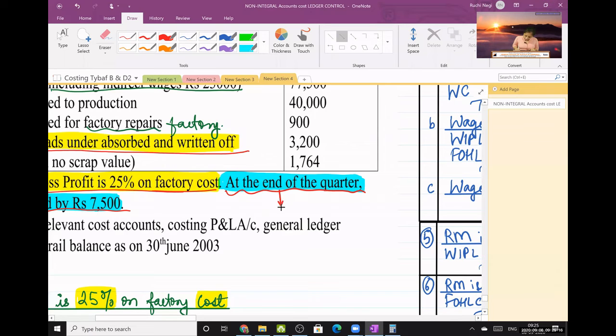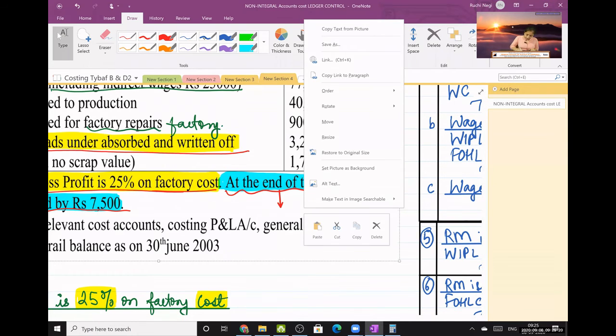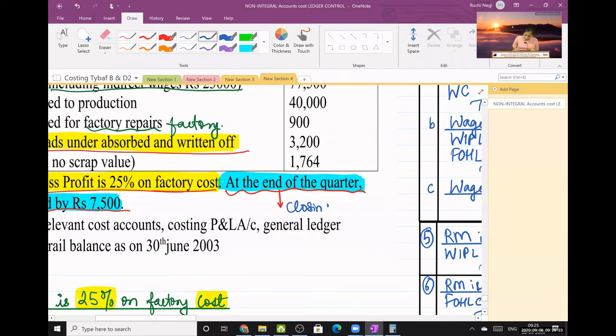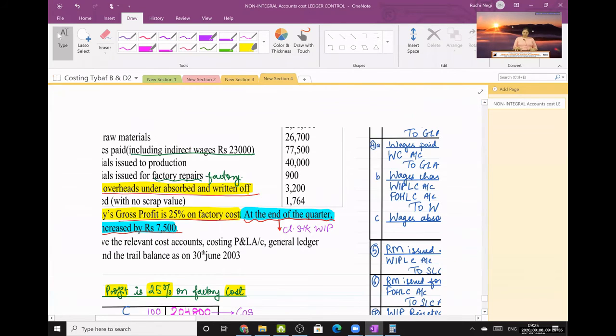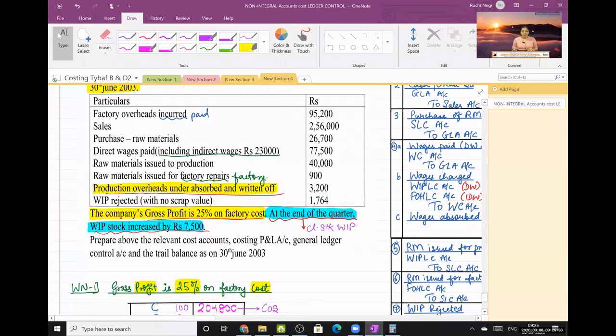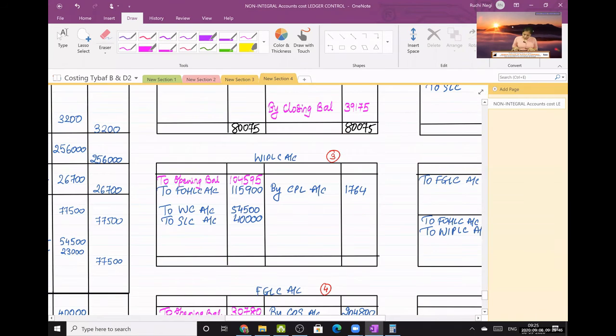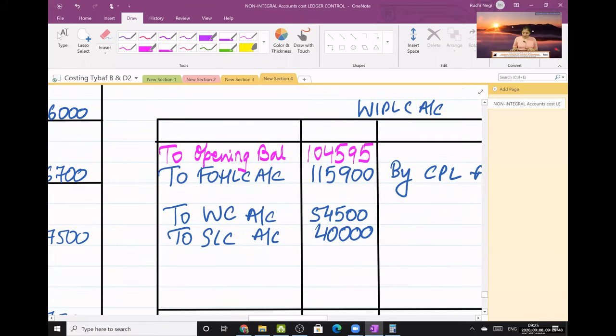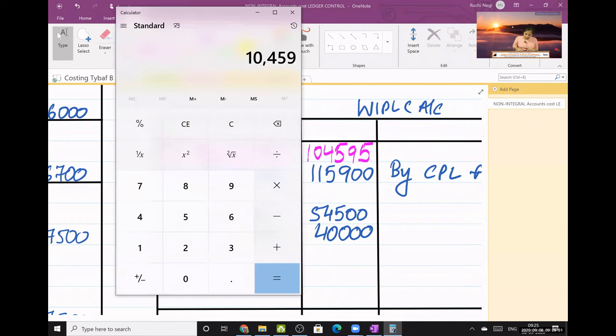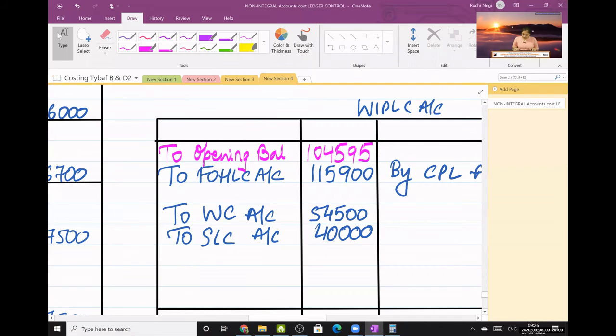What is the meaning of this? It means closing stock of WIP. Clear about this? Did you understand? So how much is my opening WIP? 1,04,595. And what have they said? The stock is increasing, the closing stock is increasing by 7,500. Add it: 1,12,095. So right here,